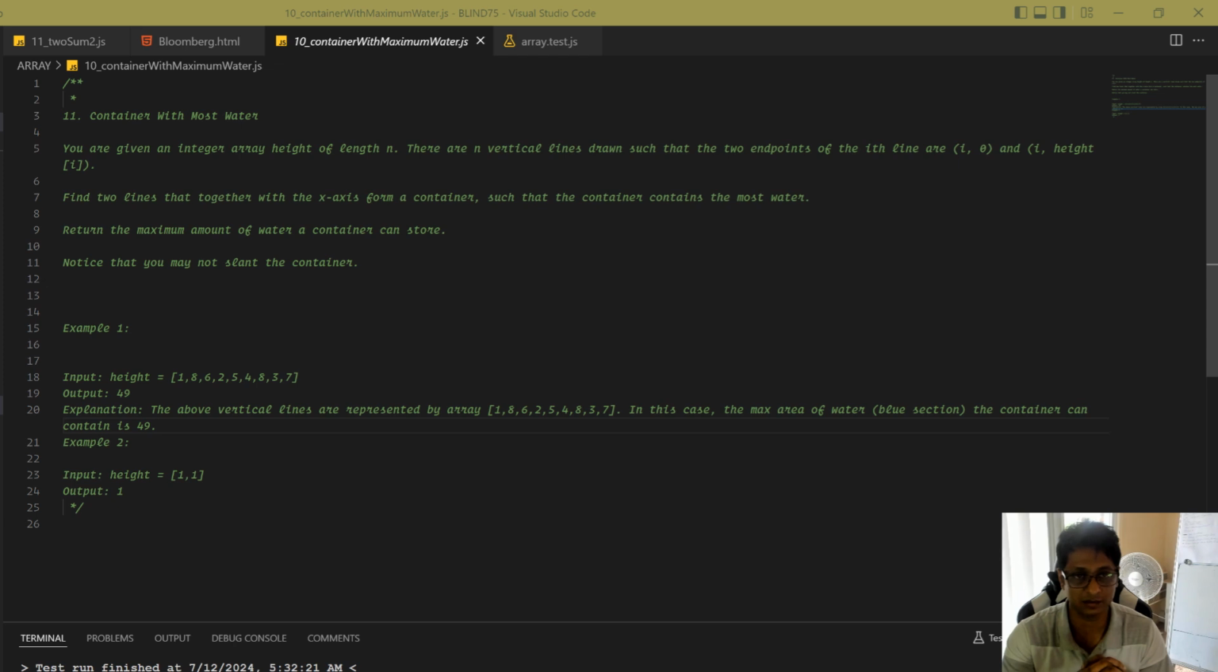Notice that you may not slant the container. The first example here is 1, 8, 6, 2, 5, 4, 8, 3, and 7. Now let's see how we'll be doing it. As per the example here, you see now